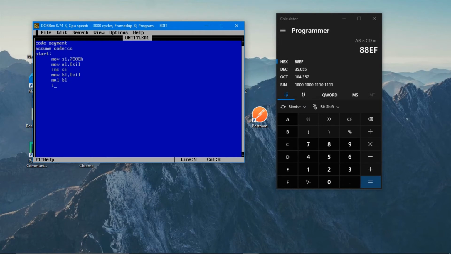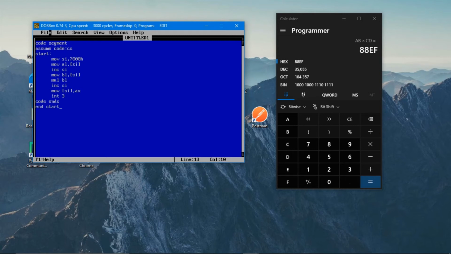So again increment SI, that is to store the result. Where is the result? We know that our result is available in AX, right? So move to the memory location SI. What do we have to move? We have to move the result. Where is our result? AX. That's it. It's a very simple program. Actually, multiplication is simpler than addition or subtraction, right? Then int 3 is used to stop the program, and the last lines are the same for almost every program: code ends and end start.